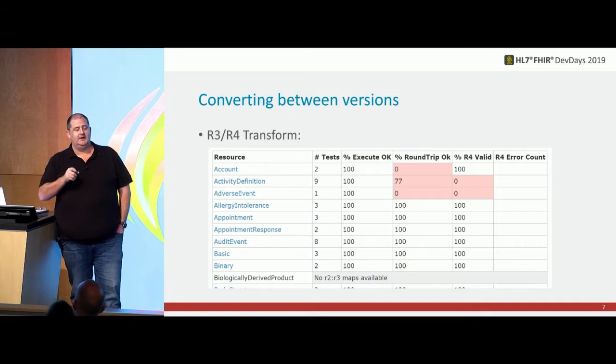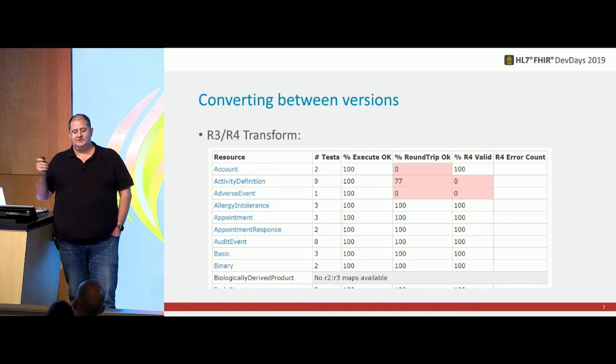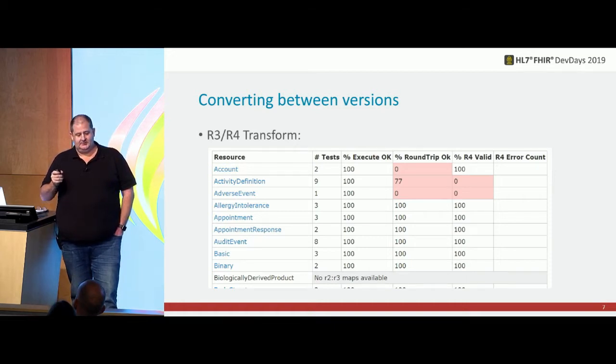But then we use that language to write transforms between the R3 resource and the R4 resource. And then I actually test those as part of the build and then tell you how well they went as we publish the build. So you can see that for account we have 2 tests because there's 2 sample resources